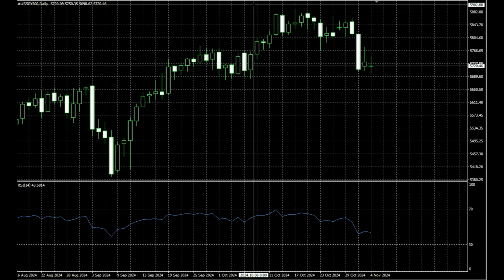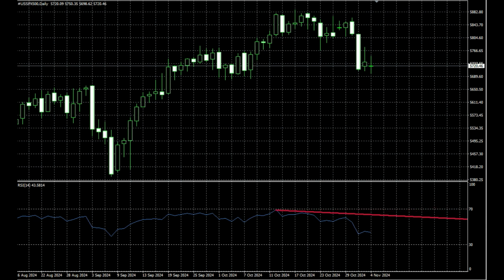What I would like to watch here is this trend line on the relative strength index. I want to see the breakout here, and when we see the breakout, that can be very interesting, and maybe I will take some long to medium term trade, maybe 6 to 10 weeks, and try to see what will happen in that case.